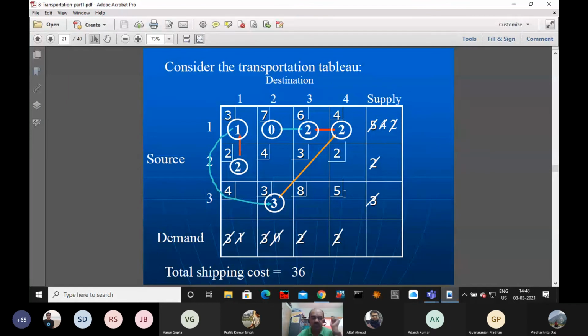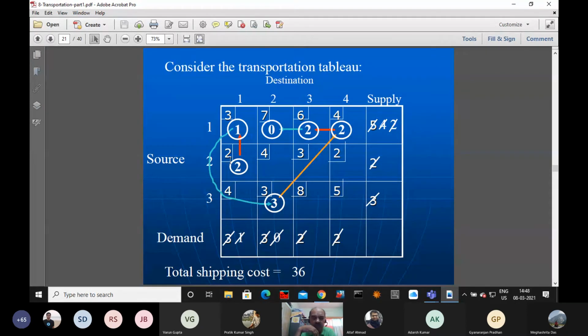there are two units: the second row, first column, that cost coefficient is 2. Then we have the second row, fourth column, that cost coefficient is 2. Okay. So now we can arbitrarily select one of them. So we'll select, let us say, the second row and first column with respect to the minimum cost. Minimum cost is 2. So this cell is selected.